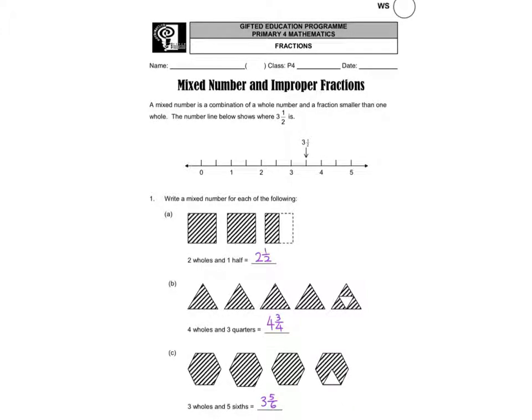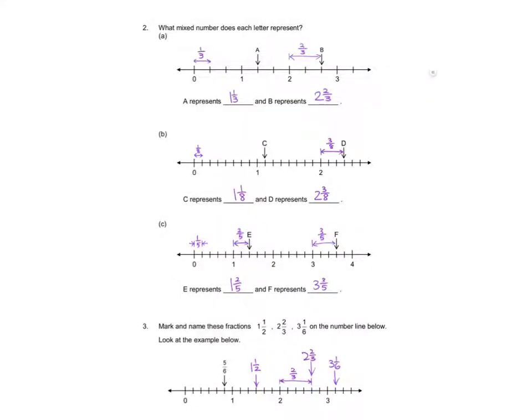Okay, now we have this mixed number and improper fraction. Quite simple. The first part, they even give you the answer here. 2 whole and then half, so it's 2 and a half. For this one, 1, 2, 3, 4, 4 whole and 3 out of 4. And this one is 3 whole and 5 out of 6. Okay, quite simple. The next one is calculating,